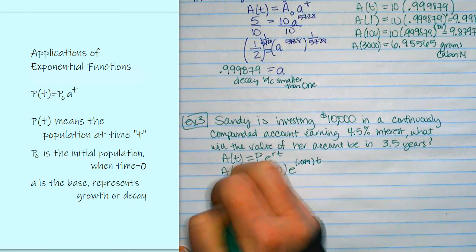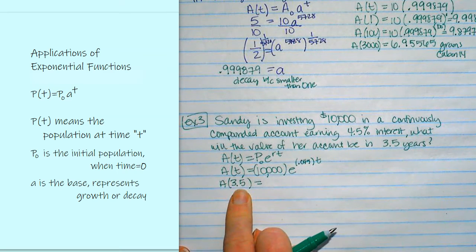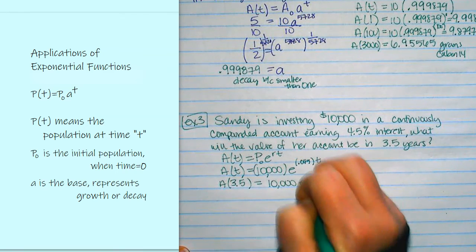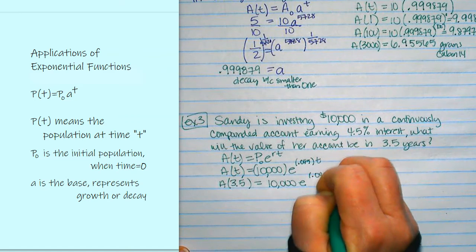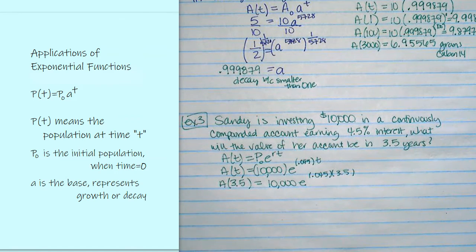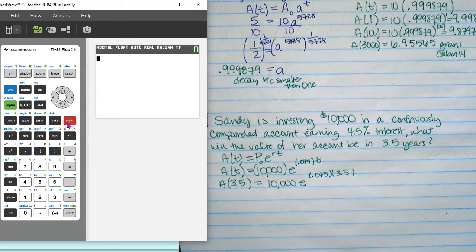If we want to find out, using proper notation, the amount at 3.5 years, we put in 10,000 and then e to the 0.045 times 3.5. And you put this in your calculator and let it figure it out for you. So I'm going to clear everything out. I'm going to put in 10,000